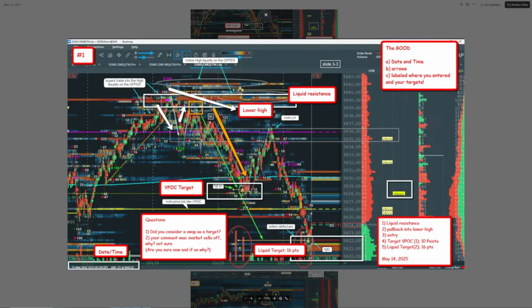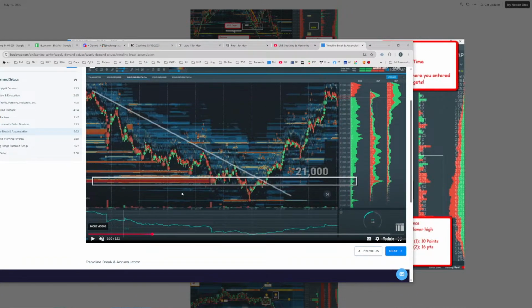The nice thing that I personally really like about this setup is that this is what I've got on my side. I've got all these buyers here, they're on my side. It doesn't matter if they're taking profit or whatever, it doesn't matter. It's still buying, right? And they're still getting filled by aggressive sellers. So I've got them on my side, and now I've got the aggressors on my side as well.